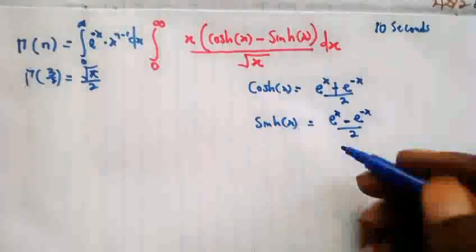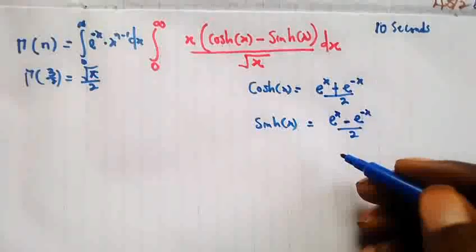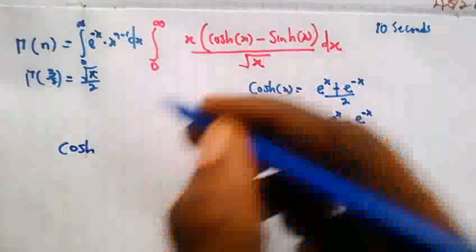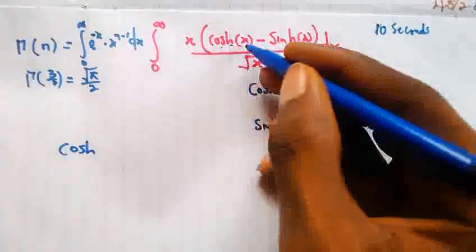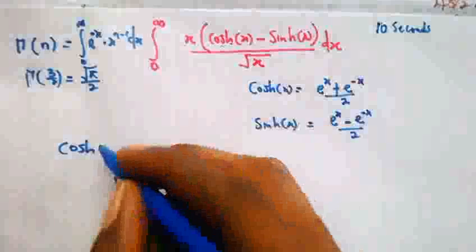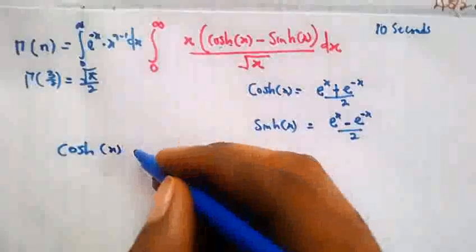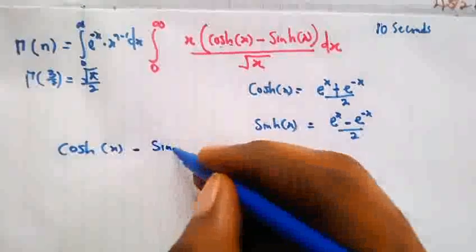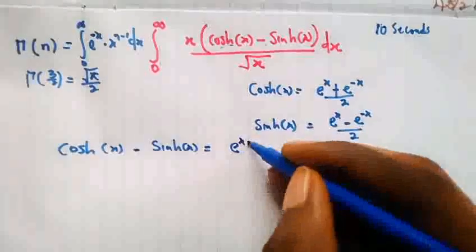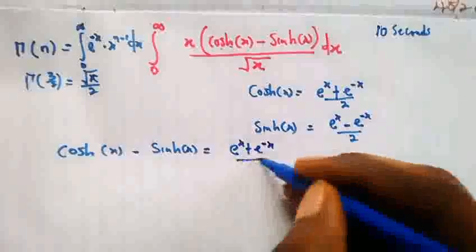Now we're going to subtract these two hyperbolic functions. In the question, we have the hyperbolic cosine of x minus the hyperbolic sine of x. Writing it in exponential form, that is e raised to x plus e raised to negative x all over 2,